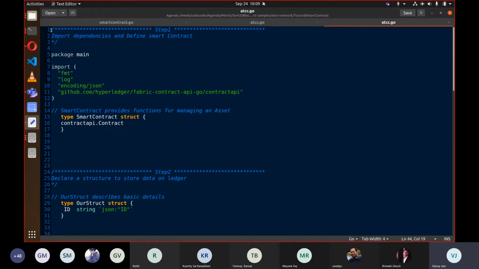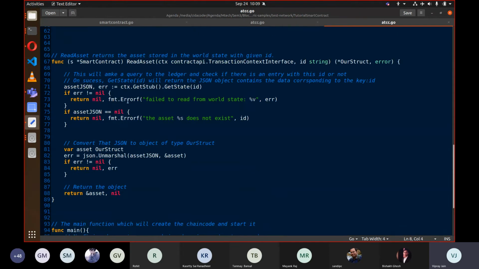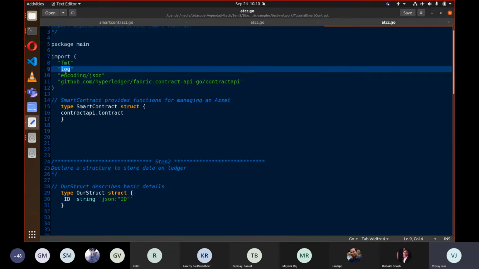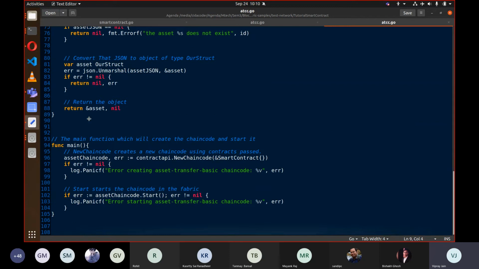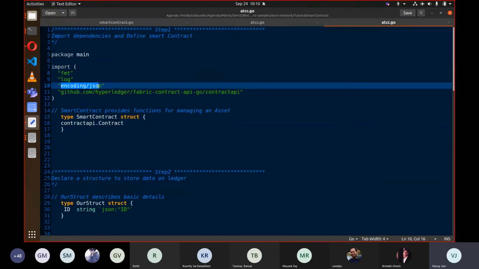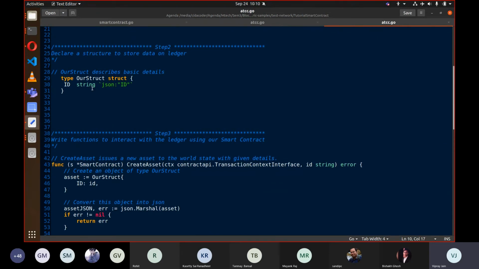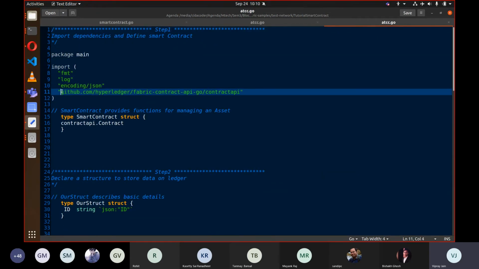So in the first step, we will import all the required libraries. Like fmt is used to format the error string into the error format. Log is used to show the logs on the screen on the CLI. And encoding/json is used to marshal and unmarshal our structure into JSON and JSON back into the structure. And finally, this import is used to import the contract API, which